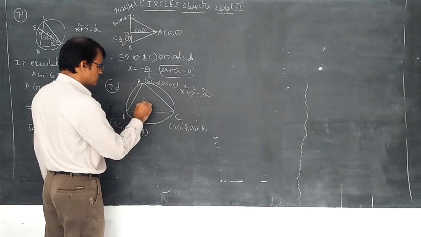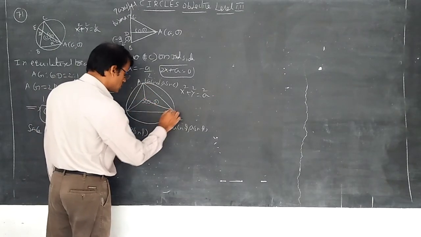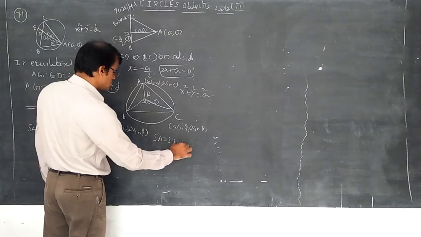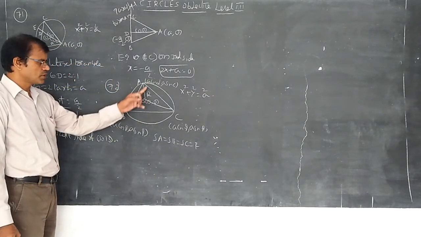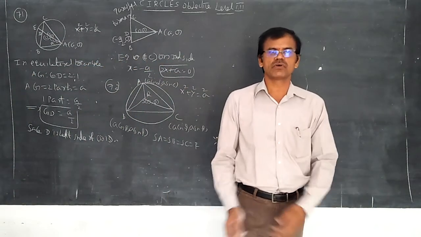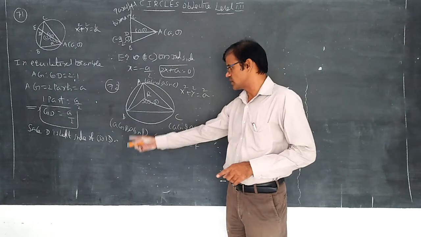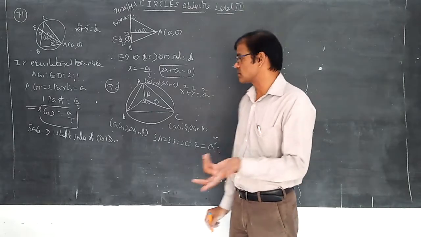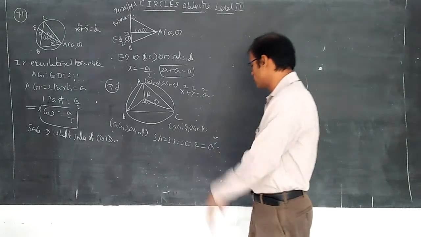Yes students, I am mentioning 0 0 here. Why? Because we know that capital R is equal to SA is equal to SB is equal to SC. Let us try SA. What is SA? a cos alpha minus 0 whole square plus a sin alpha minus 0 whole square. It is a square cos square alpha plus a square sin square alpha, which becomes a. In the similar way, it is a, and in the similar way, it is a. So that is nothing but a. So what happened? From the circumcenter, any vertex is equidistant. That is, we know according to the concept, proved also.